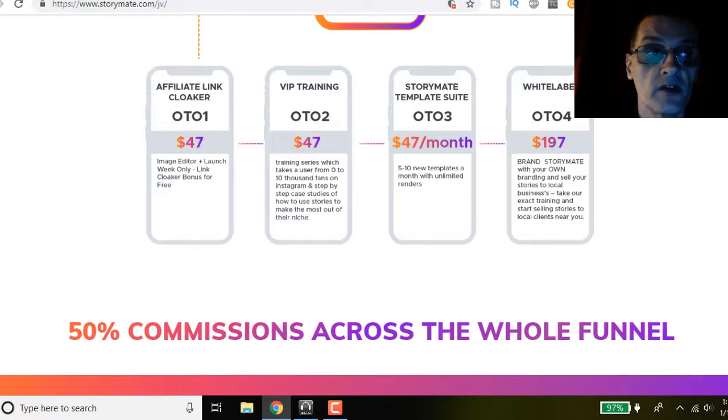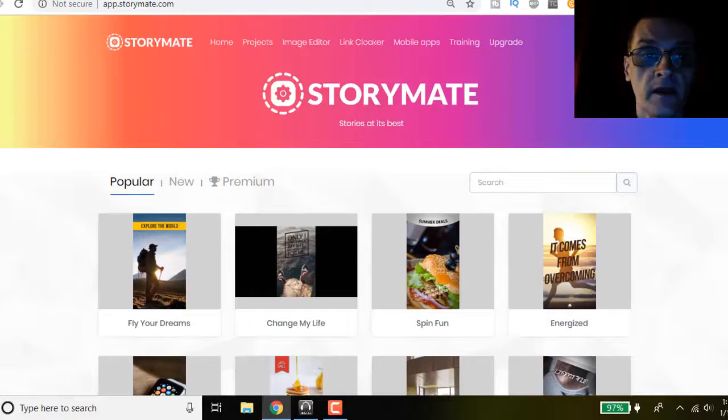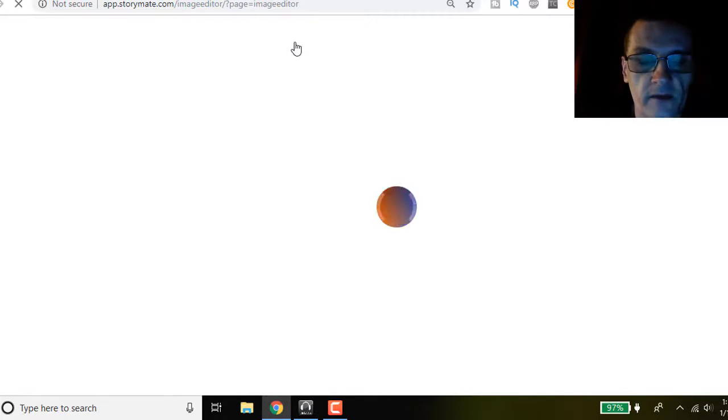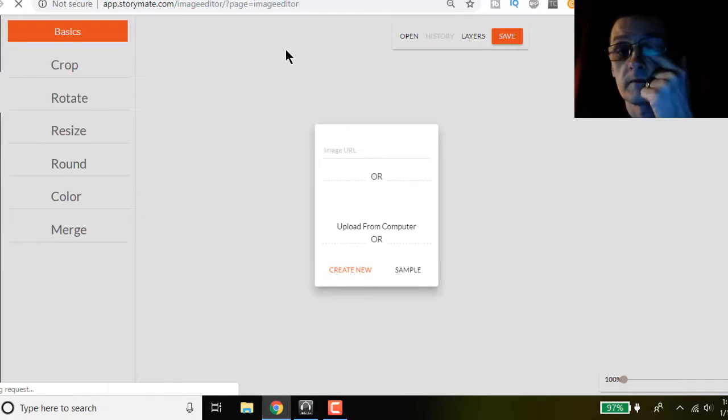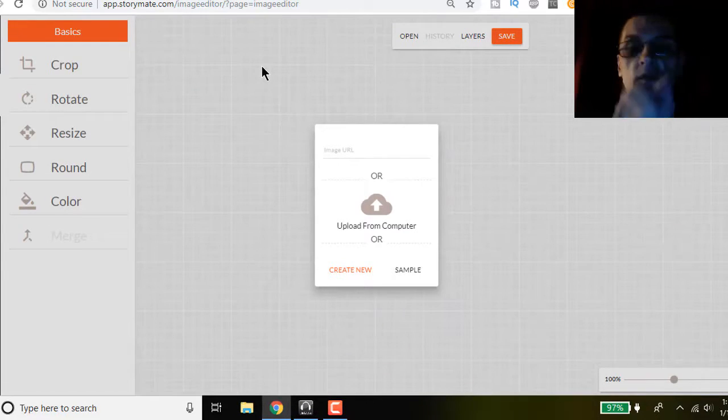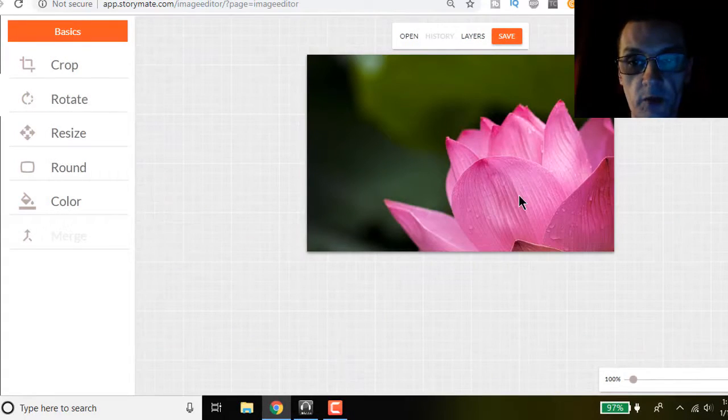Now, if we go back into the Storymate members area, the image editor is right here. This basically allows you to, I'm not going to do too much with this, but you can actually use this to create your own images. You can add an image from your computer or upload one, or create a brand new one. If you click sample, it's going to give you a sample image to work with. And we can